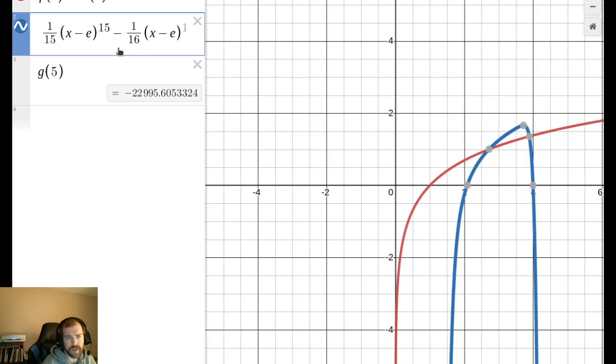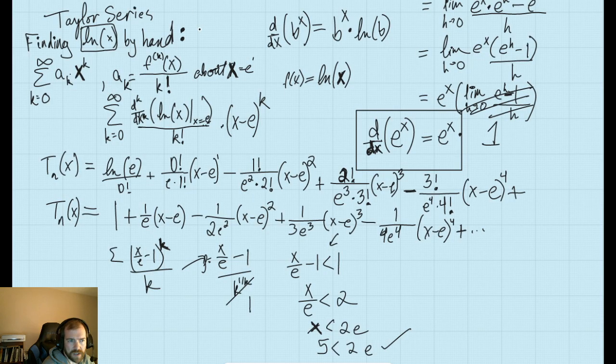So let's see. If we center this at 2e instead of just e, then we're also going to get more terms on the bottom. So let's do this. So this centers it at 5.4. That should make it way nicer. So I think my hesitation was that earlier I was doing this with